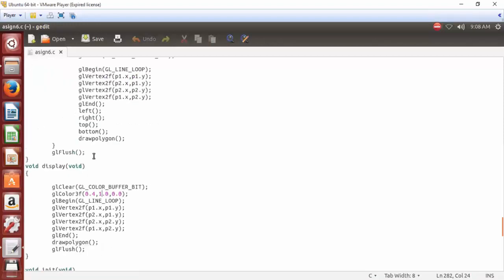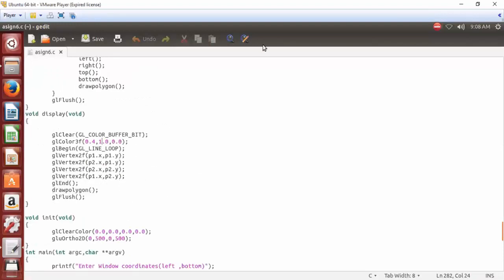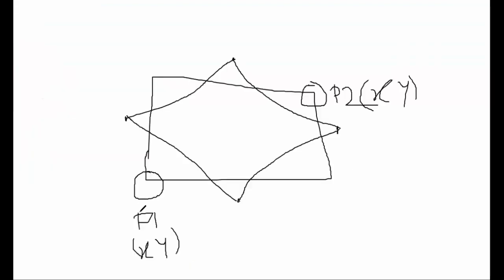After this, once your window is drawn, you get output something like this. Your window, that is 100, 100, 400, 400, and this 4 point polygon with red color, and the window with green color.